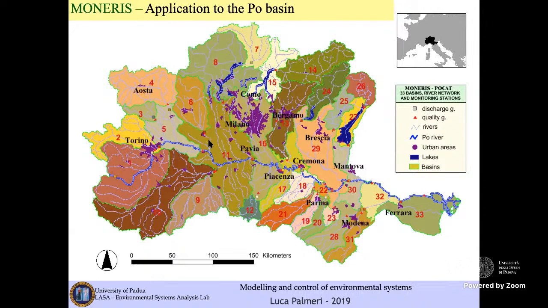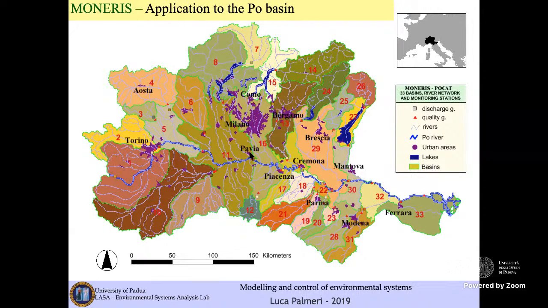For example, for the subbasin 11, the net discharge area or the net surface contributing to the gauging station here in Pavia is related to the total area of the subbasin 11, while the total